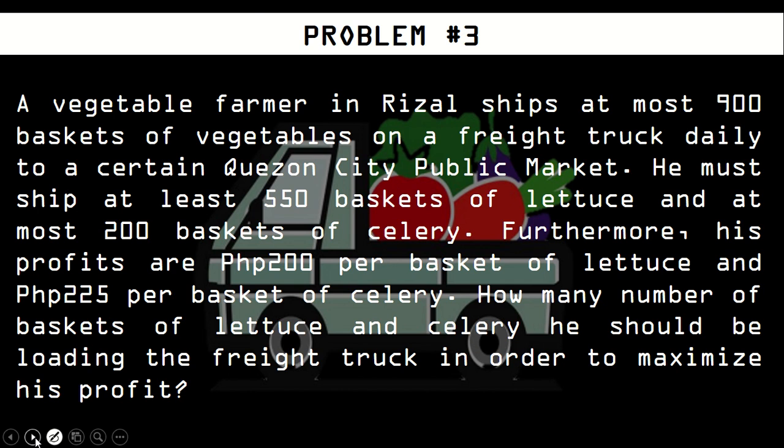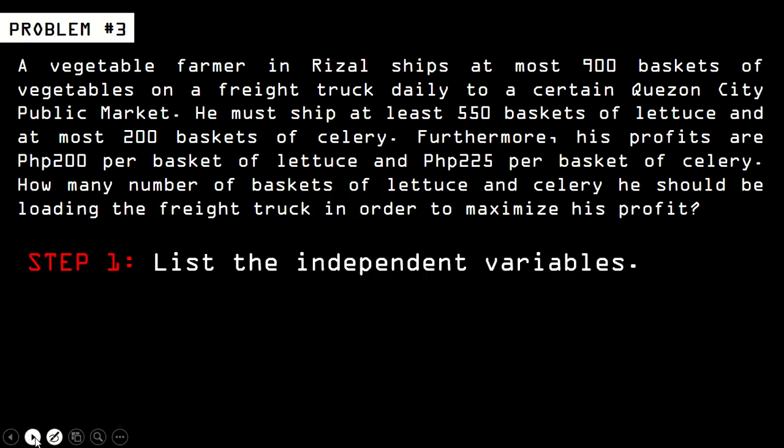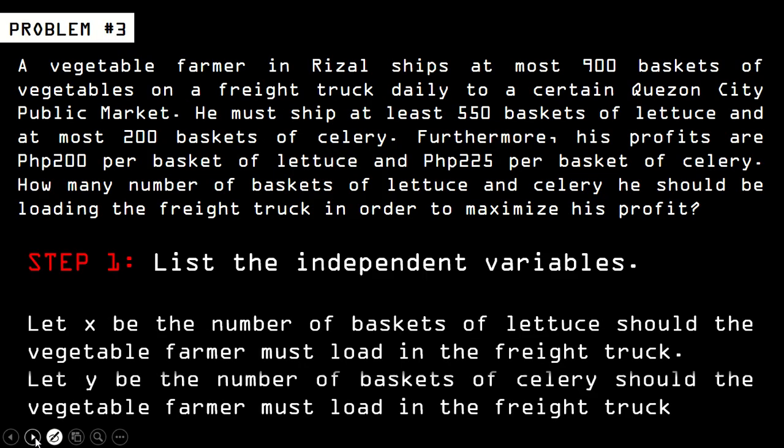Okay, so here, again, we need to identify the independent variables to identify the maximum profit. We need to have the quantity for the baskets of lettuce and the baskets of celery. So for step number one, let x be the number of baskets of lettuce the vegetable farmer must load in the freight truck, and let y be the number of baskets of celery the vegetable farmer must load in the freight truck. And then for step number two,